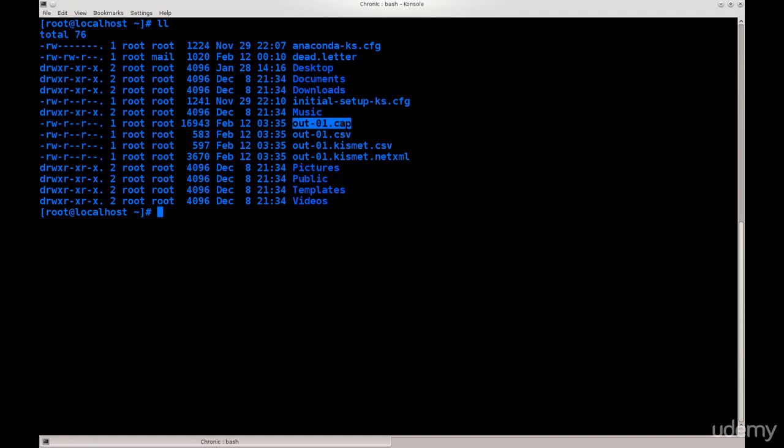Now, for safety reasons, I'm not going to decrypt this particular file for you. I'm going to decrypt the one that I have found on the net, the sample file. However, I'll just demonstrate how you can open it and what you can see in the encrypted format. So if I just type in wireshark,